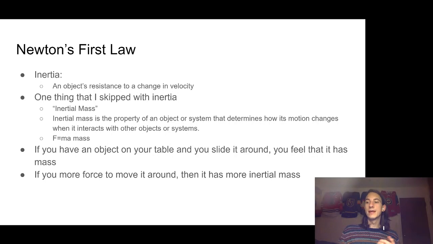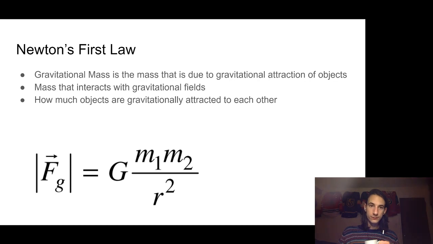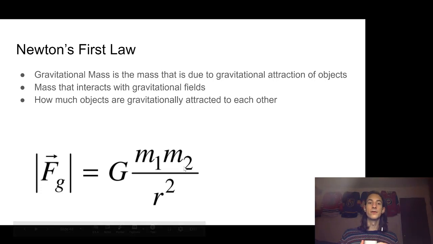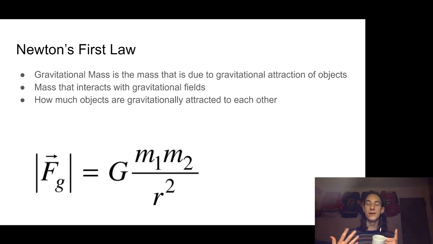So when we think about inertial mass, it's the mass that we were looking at when we apply a force. Inertial mass is the mass that's associated with F equals ma. And this is definitionally different than gravitational mass, which is the mass that's due to the gravitational attraction of objects. So when we talked about Newton's universal law of gravitation, the gravitational force equals G m1 m2 over r squared, this mass is telling us this property of how much stuff we're made up of, and because of this object's mass, it interacts with other objects.